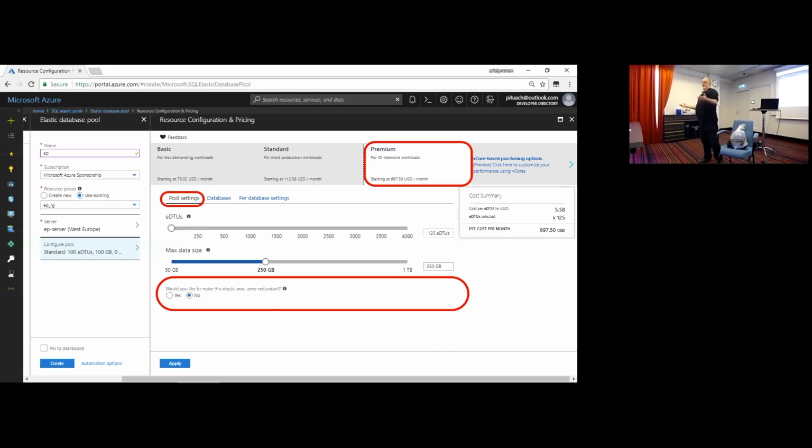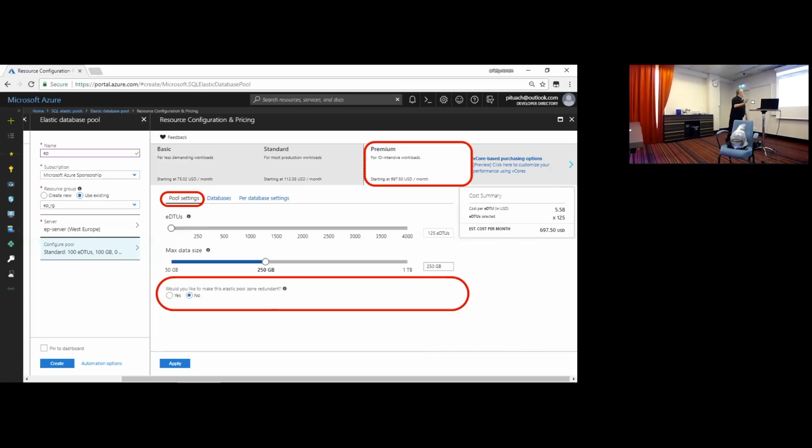You can use it for virtual machines, etc. And it's cool. It's based on zones. A zone is a separate, physically separate location within the same region. So using zone redundant, now we can get the same idea of a backup, but in the same area.